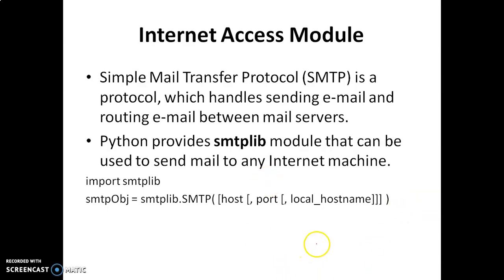This is how we can import smtplib. Import smtplib, and within that we need to create an object for smtplib. The class is smtplib.SMTP. For that we need to specify the host name, that is the system name from which we want to send the mail, and the port number. This is the logical port. For each and every system, for each and every server, we have one unique number, that is the port number, and the local host name, the local system name.